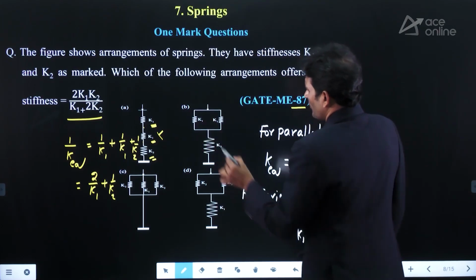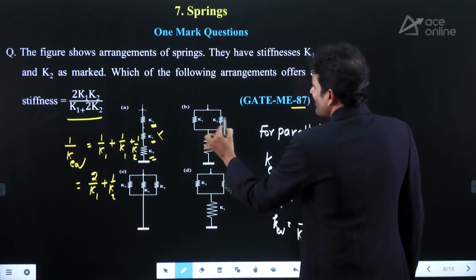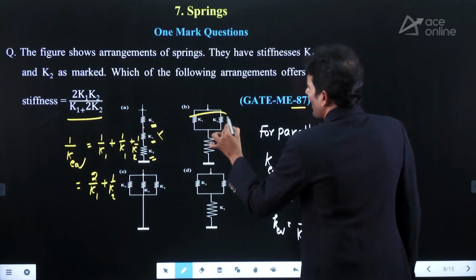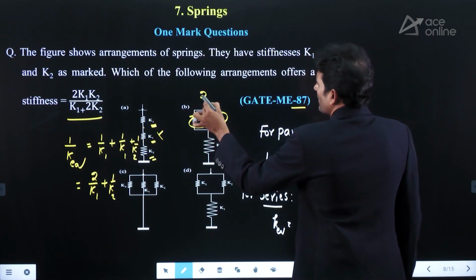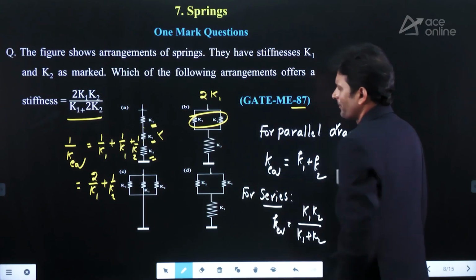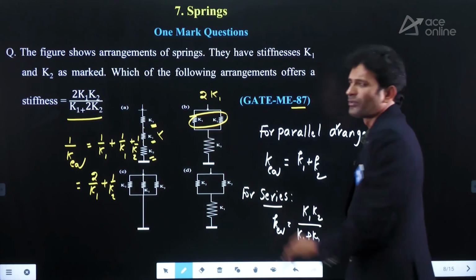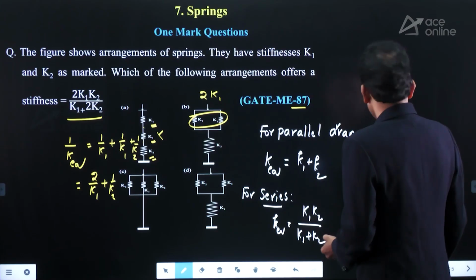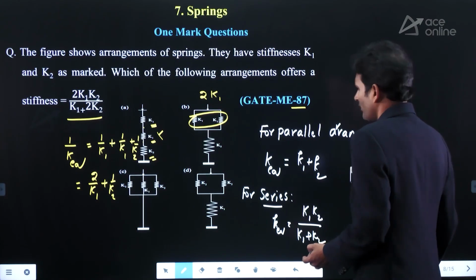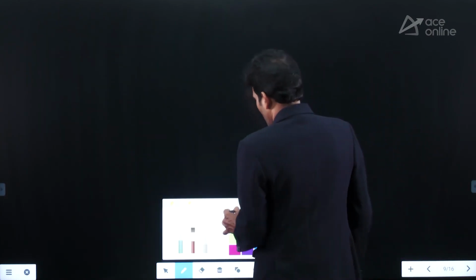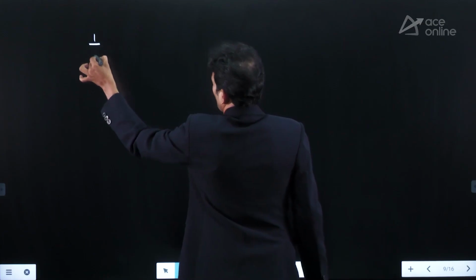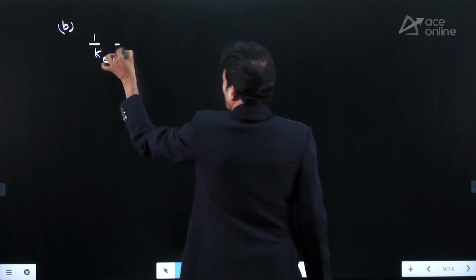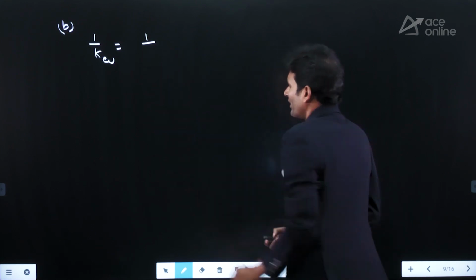Option B, if I take this one, these two springs are arranged in parallel connection. When I am taking the equivalent for this one, how should it be? It should be 2K1. After that, these two springs we are having under a series connection. When I am taking the next one for B, the equivalent stiffness for series connection is 1 by K equivalent for B arrangement equal to 1 divided by